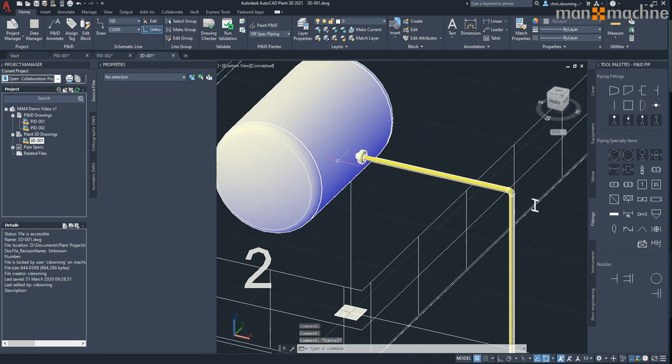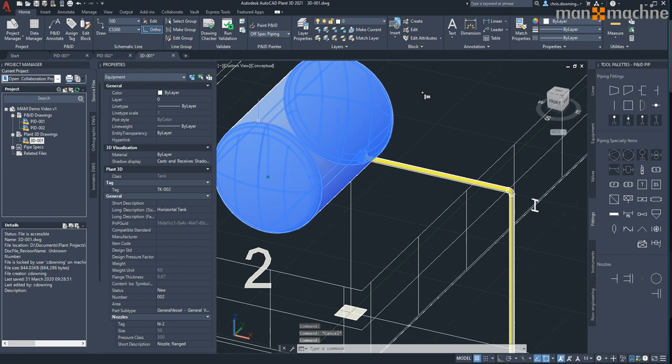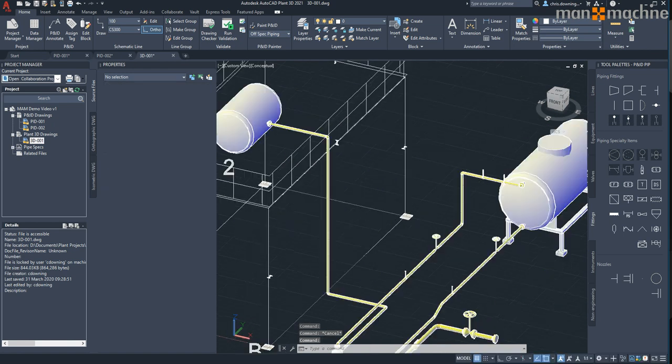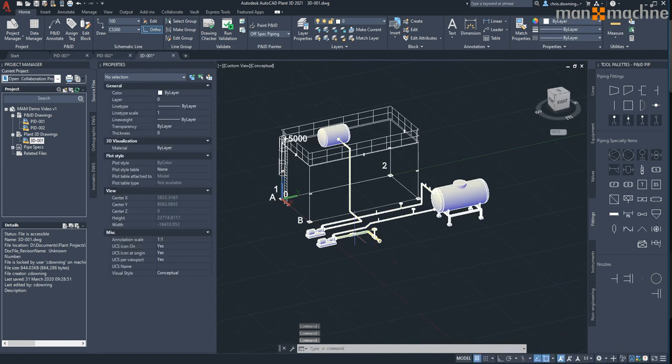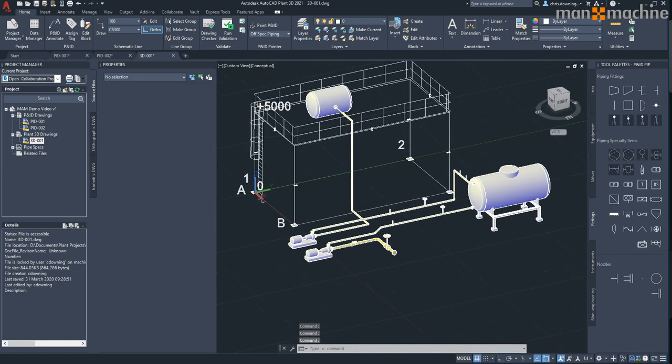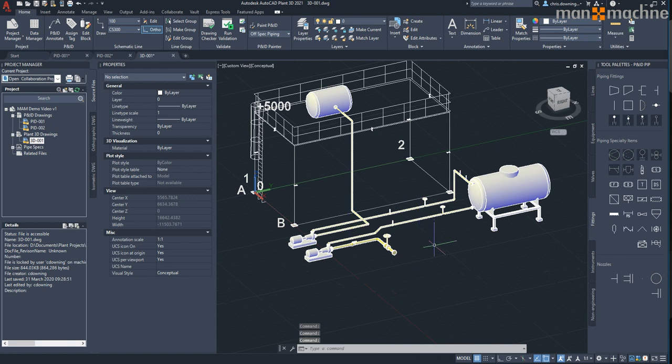Okay, if I click on the tank, you can see that's a piece of equipment. You can see the tank number and some information about it. Again, this is all a database. All the properties are stored in the database. So let's start to create some more